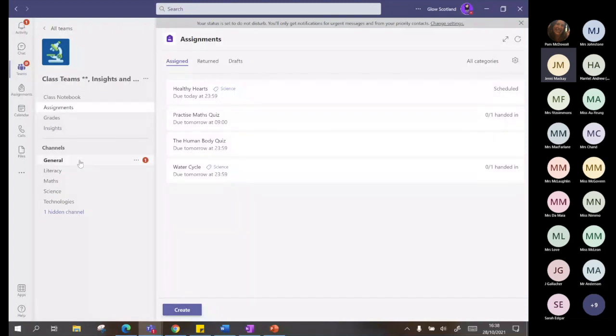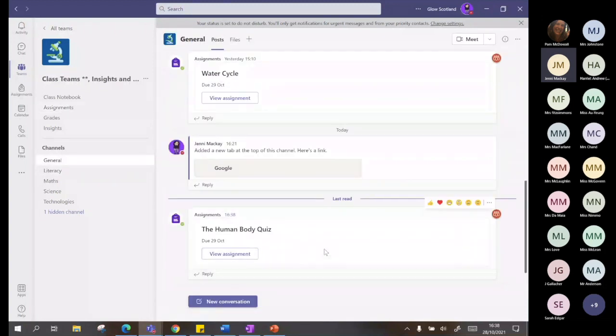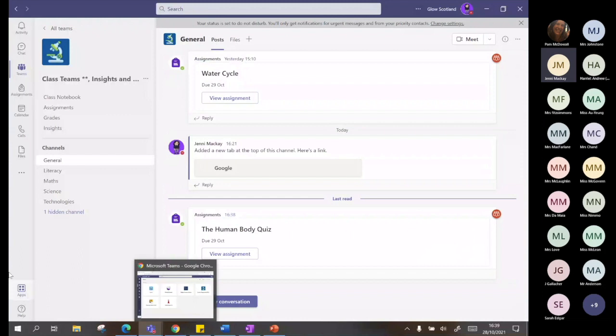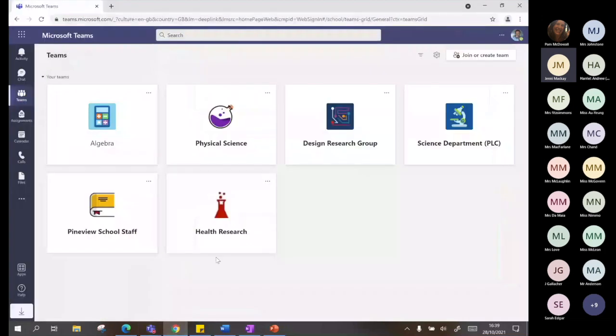If we go to here, you can see there's the assignment that I just issued, and for anyone in the team, when they click it, they'll see this. Does anyone have any questions? No? Okay. So what I'm going to do is come out of there just now, and your screen should